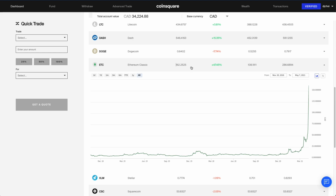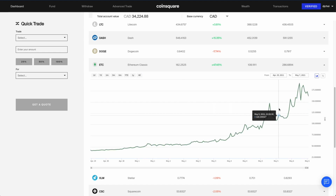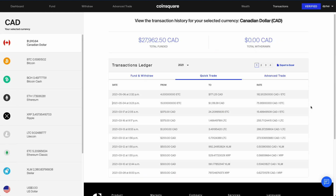So Ethereum Classic was the latest one to blow up, and it peaked out. If we just look at a 7-day chart over here, it topped out around $192 per Ethereum Classic. If we go over to my transactions tab, we can see my latest sales of Ethereum Classic. I sold 4 units earlier today at $192.81, and I sold 15 yesterday at $75.95. And the only purchase of Ethereum Classic I did was back on March 17th. I bought $300 or $375 worth, 24 units for